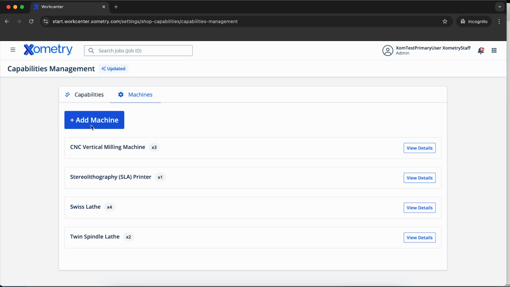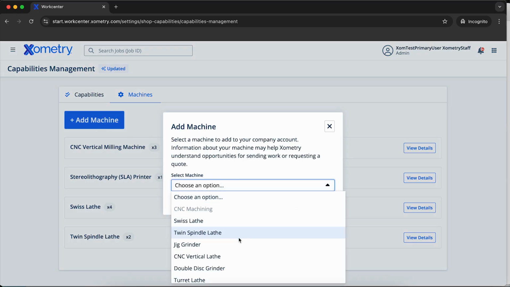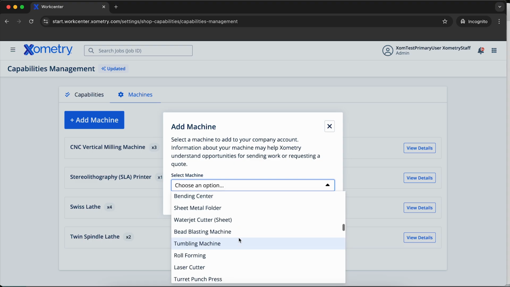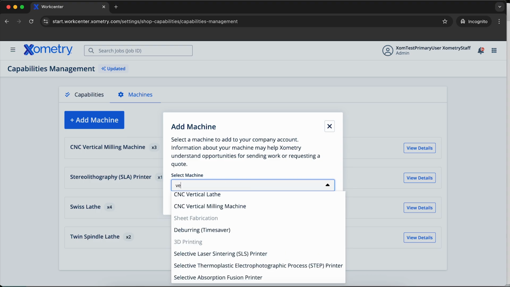Additionally, Xometry has added a large number of new machines that you can select from. So if I click this add machine button and select this drop down, I can see the entire list of all the machines that Xometry now actually accepts details from. And quickly, if I know my machine name, I can type for it over here